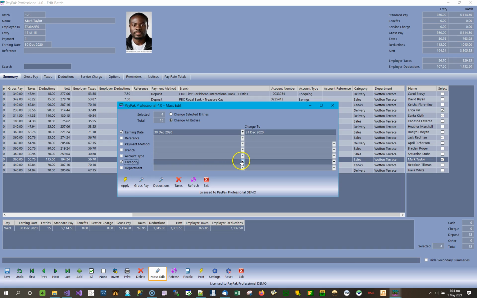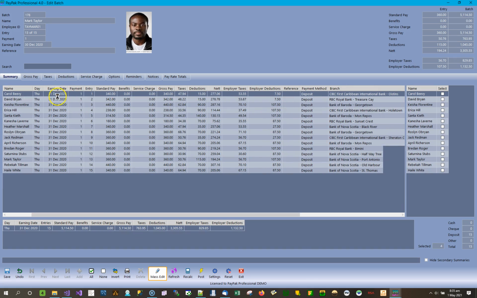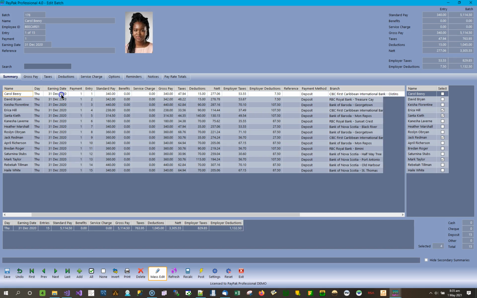For the category, I've got a list of categories here. We've got cooks, delivery, sales. So I could change them all to a particular category. And I believe there's just one department here, right? I'm just going to change for now the earning date. And it's very simple. You click apply, and voila, they've all changed here to the 31st of December